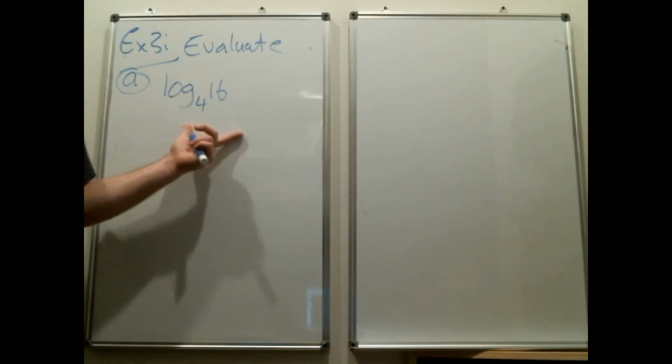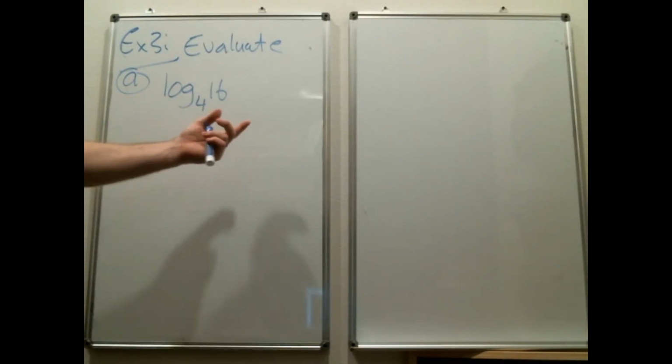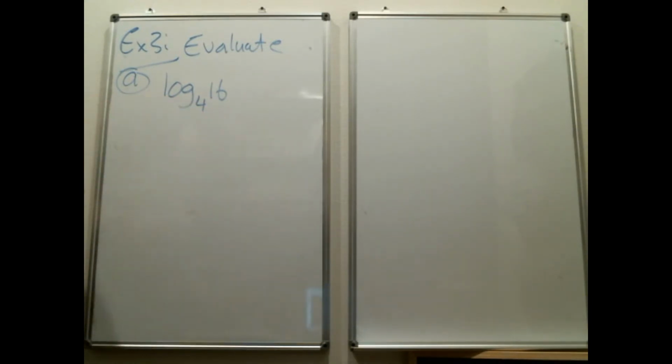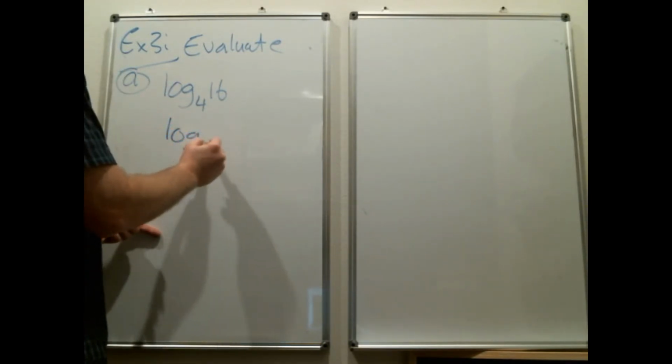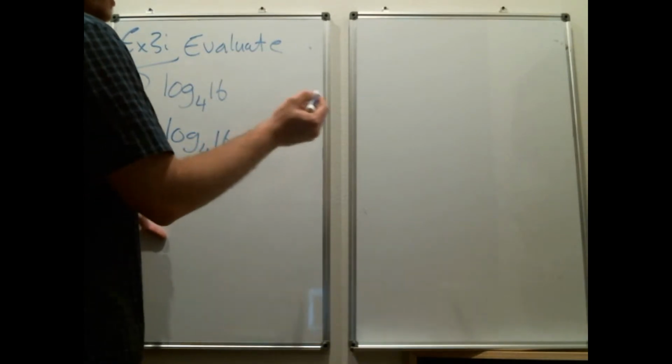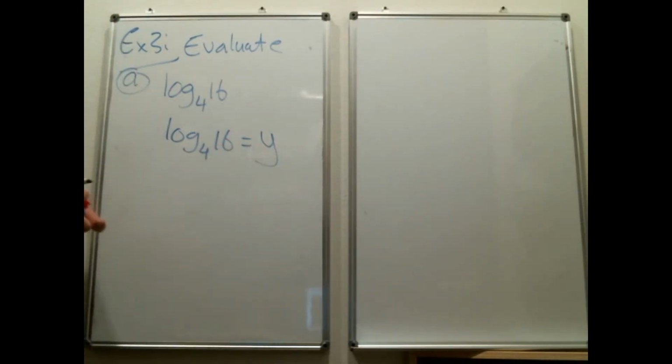So this isn't set equal to something. It's not equal to some exponent. So what I'm saying to do is, if it's not set equal to something, then you set it equal to something. Set it equal to whatever letter you want it to be. So I'm going to say log base 4 of 16, and just pick a letter. I'm going to pick Y. It's usually standard what's used in these types of problems, but I'll mix it up a little bit and use something else. So now this